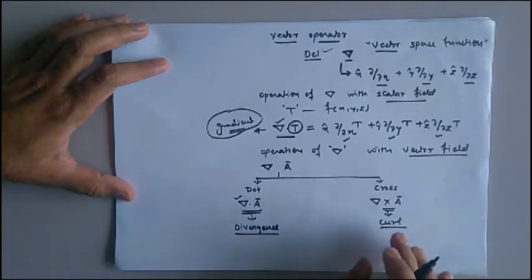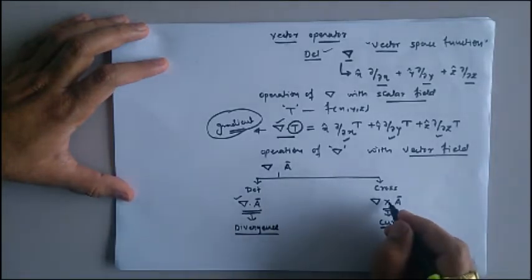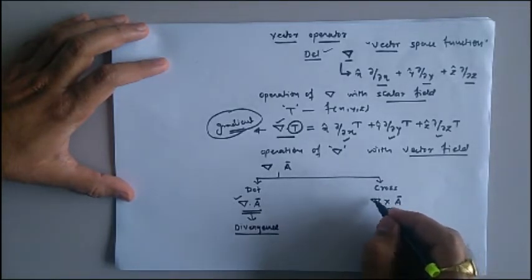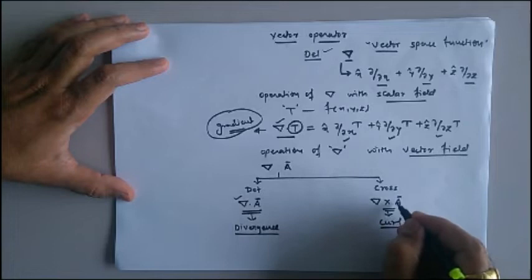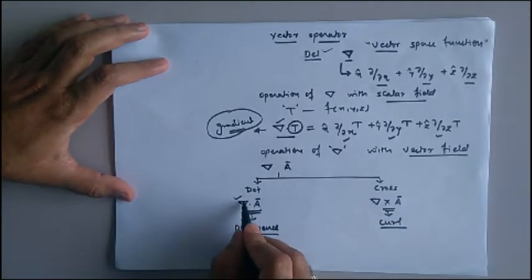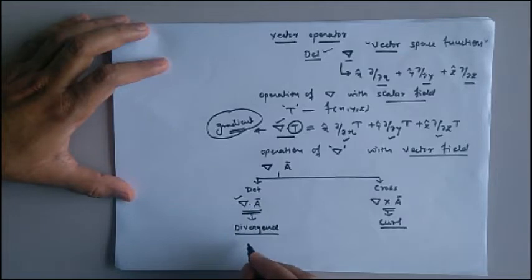So mathematically, curl is nothing but a cross product operation between our given vector space function, that is nothing but del operator, and a given vector field. Now see here, ये एक वेक्टर है, ये भी एक वेक्टर है, इसका मैं डॉट प्रोडक्ट ले रहा हूं, तो दो वेक्टर का डॉट प्रोडक्ट आप लोगे तो आंसर हमेशा आपका क्या रहेगा, स्केलर रहेगा. दैट मीन्स द आउटपुट ऑफ डाइवर्जेंस इज ऑलवेज ए स्केलर फील्ड.